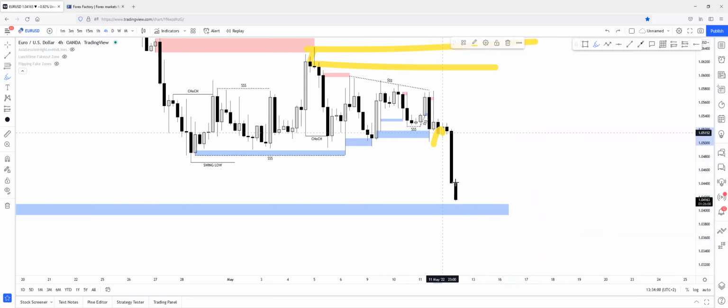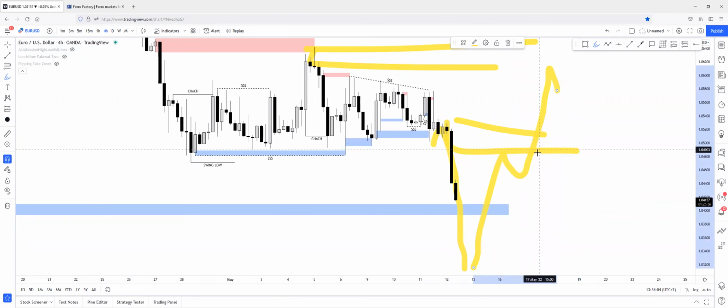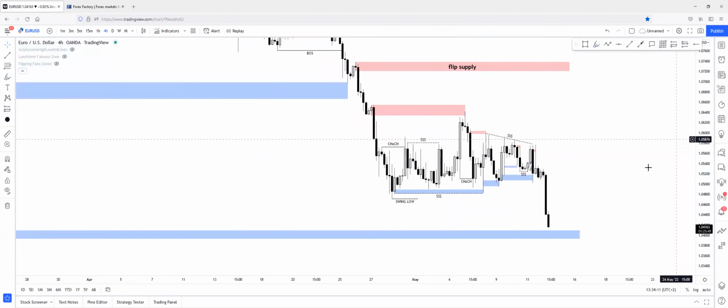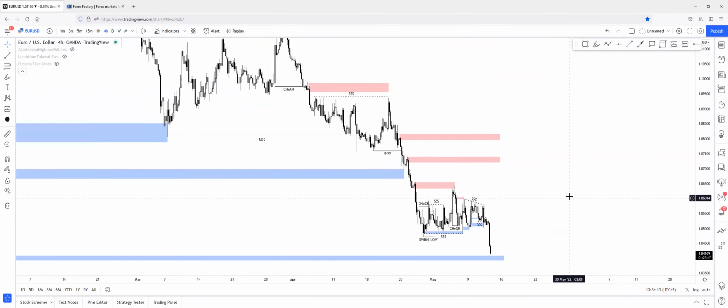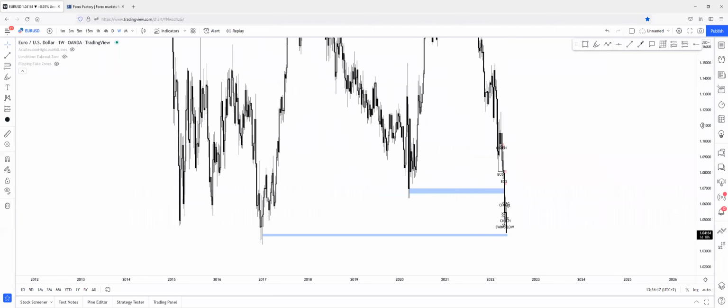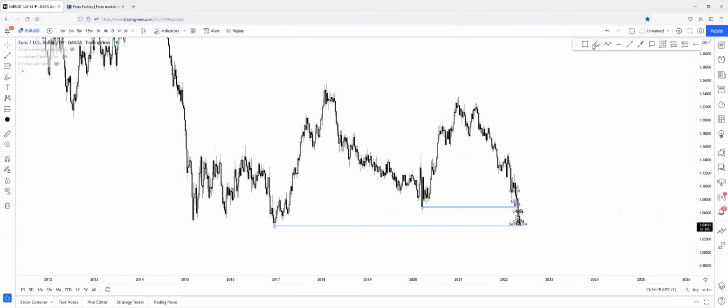But if price breaks this zone and this supply zone can't hold price, I believe a much deeper upper pullback will happen to some really higher supply areas. So for example, let me just switch to the weekly chart. If price breaks this weekly low point,